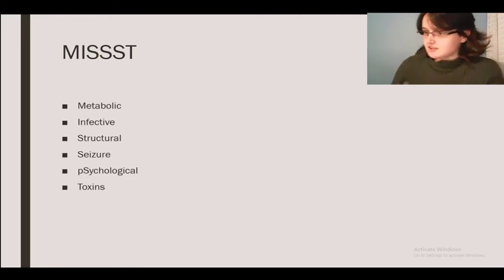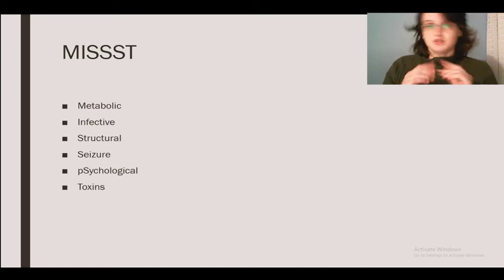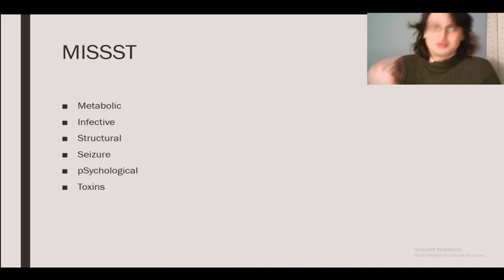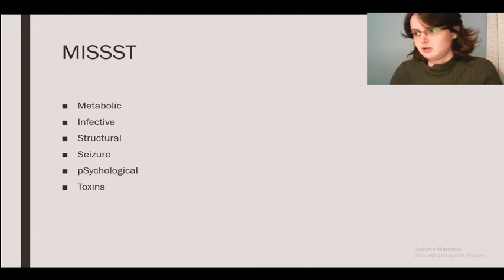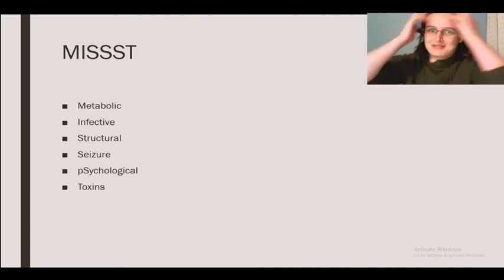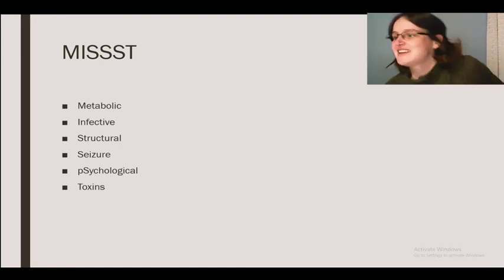Infective covers kind of two things. First, the stuff that is really common, like if your patient's got a UTI or pneumonia, little old lady comes in from the nursing home, she's a bit confused, you do a chest x-ray and a dipstick urine. Also covers stuff like meningitis and sepsis. And you really don't want to miss those. Your registrar will not be happy with you if you miss sepsis. No one's going to be happy with you if you miss sepsis, so do your vitals.